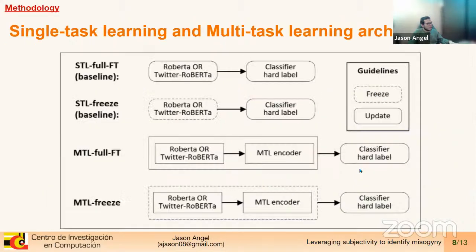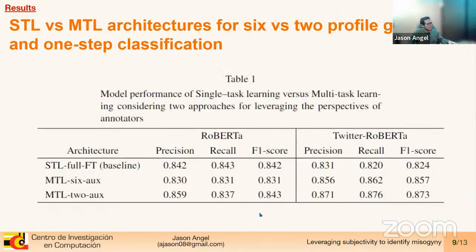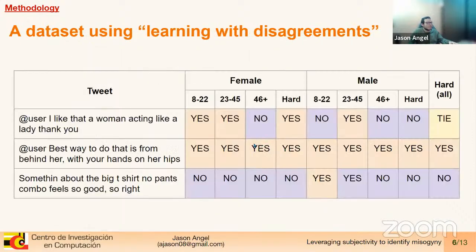Then these are the results we obtain. As you can see here, it turns out that our system that used two profiles was performing consistently better than the others. This is the one that is using single task learning, our baseline. And by the way, this is also the baseline because it's probably the first choice that someone would make when facing this scenario. When we have this, we just use this hard level as training and forget about all